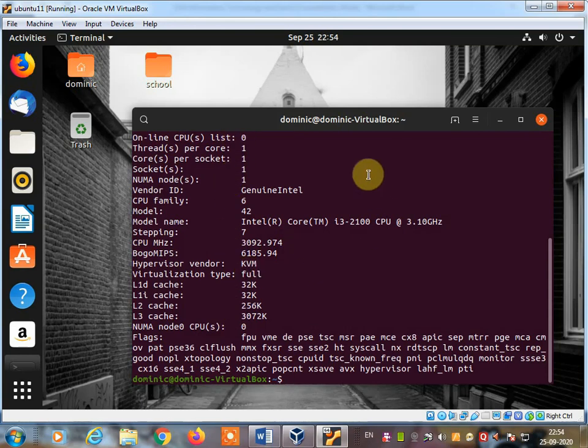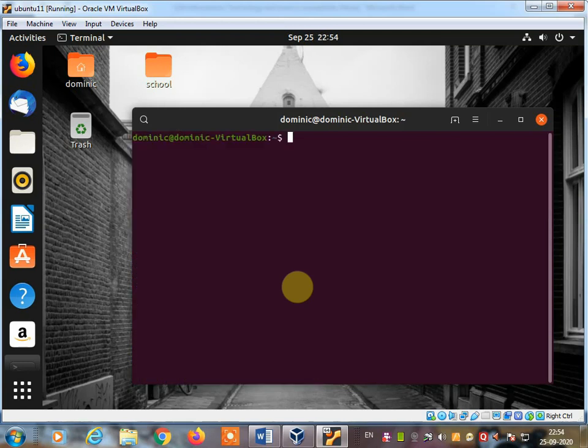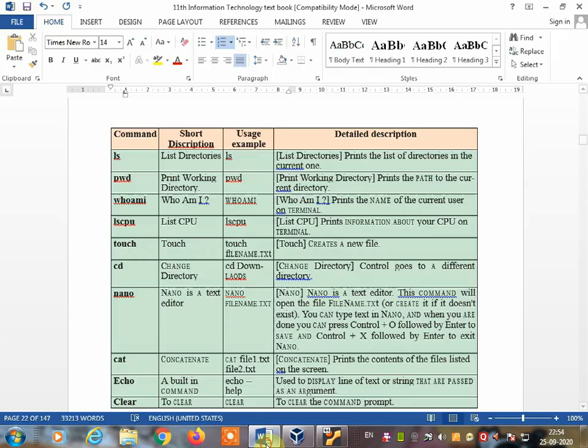Here the model name is Intel Core i3 processor, and it displays other information. All this information regarding the central processing unit is displayed here. If you want to clear this information, you can use the clear command. Clear, press the enter key.